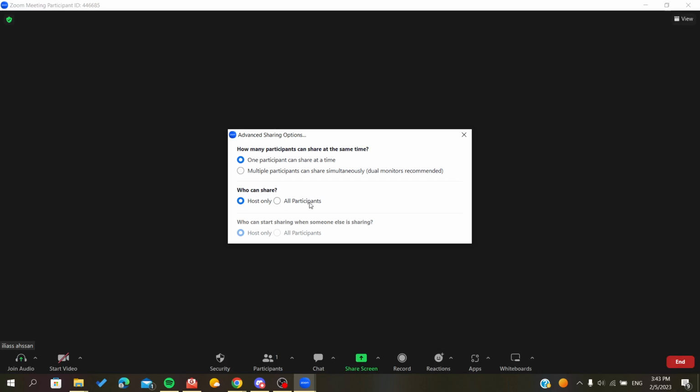And here is the most important option, which is if you want to let other participants share their screen too. So here, if you want other participants to share their screen, you will just have to click all participants, and here you can also add another option if you want to let other people share their screen after someone shares their screen, or you can only have